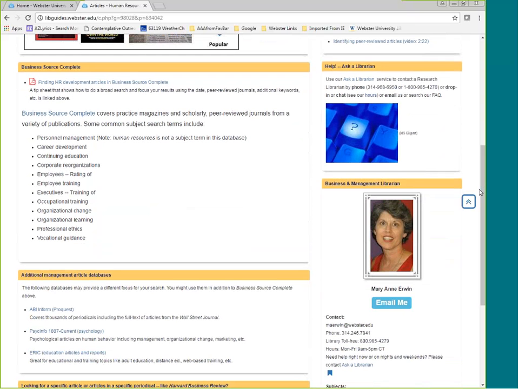So what this allows us also to do is I have a little tip sheet here. So finding HR development articles in Business Source Complete. So that's just a 2-page tip sheet. If you want a refresher, that might help you to remember how we search for articles and some of the limits and things that we can apply. We also have here, Business Source Complete has its own list of subject headings.